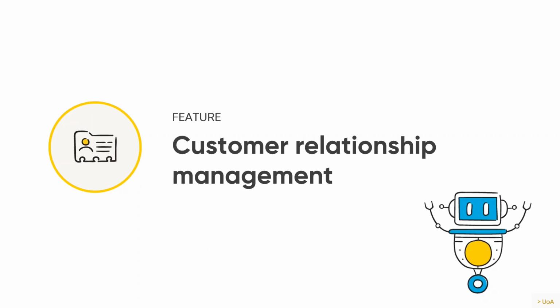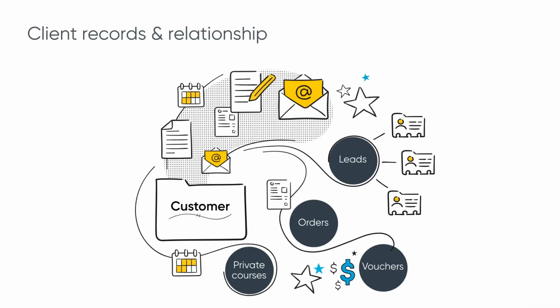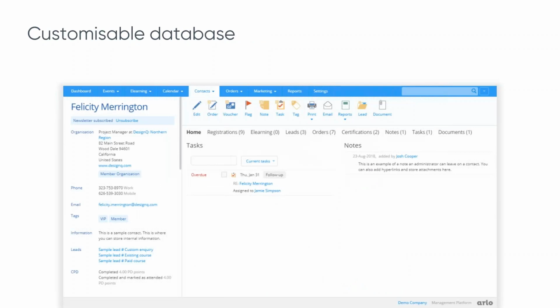So when you're dealing with other businesses, and particularly around private training, you need a really good CRM. Arlo keeps all of your relationship data and all of your training data in a really structured way. Think of all those emails, customers, leads, and contacts. It keeps it all in one single place. This is just a little sneak peek of what that looks like in the back end of Arlo.